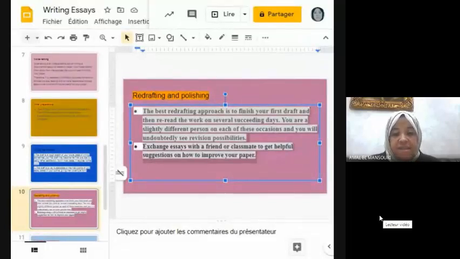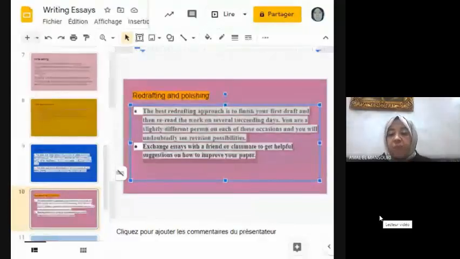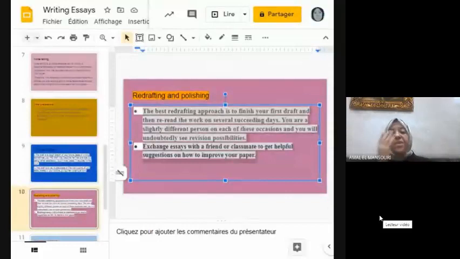So the final stage in the process of writing an essay is editing the final draft. And this stage is a significant one. Despite this, many students skip this stage due to time pressure.